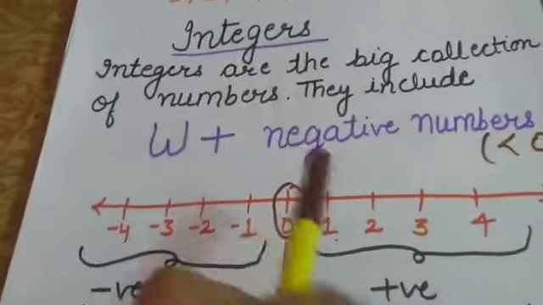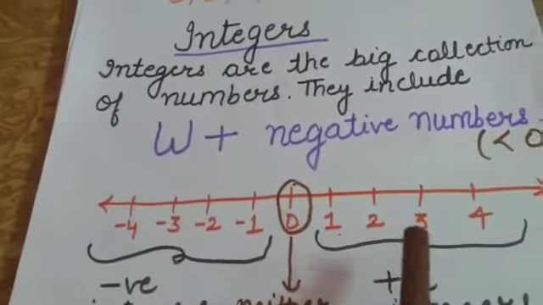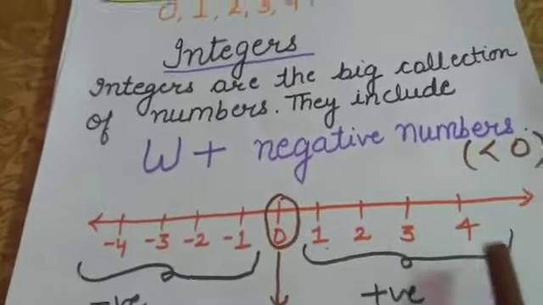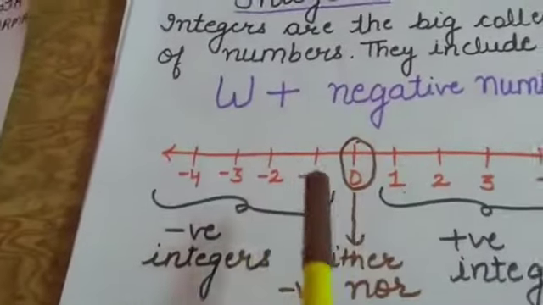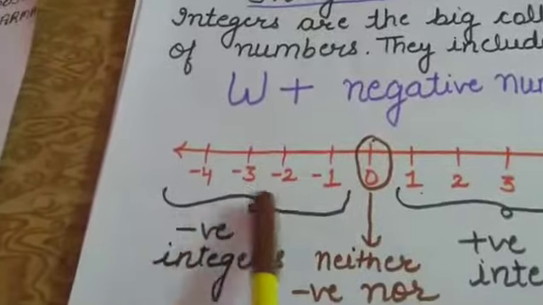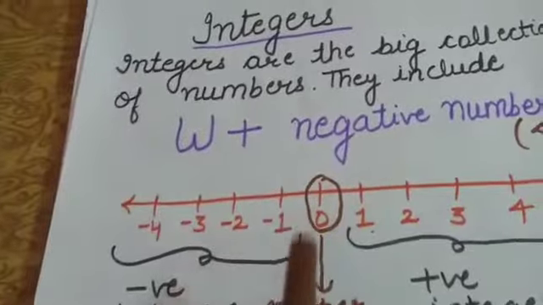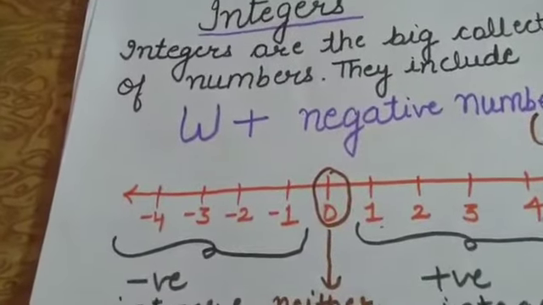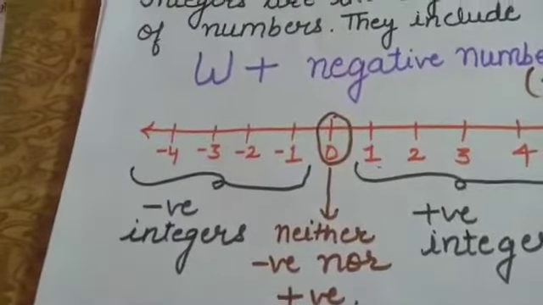In the middle of the number line we have the 0, and to the right of 0 we have the numbers like 1, 2, 3, 4. We have the positive numbers, and to the left of 0 we have the negative numbers. To the right of 0, the numbers 1, 2, 3 and so on are known as positive integers, and to the left of 0, the numbers -1, -2, -3 are known as negative integers. 0 is neither considered a negative integer nor a positive integer, but it is a part of the integers.